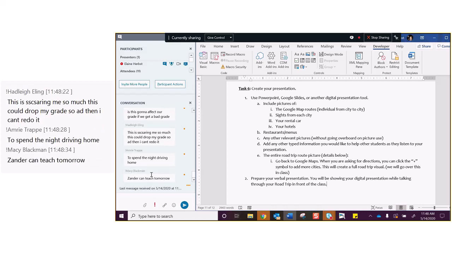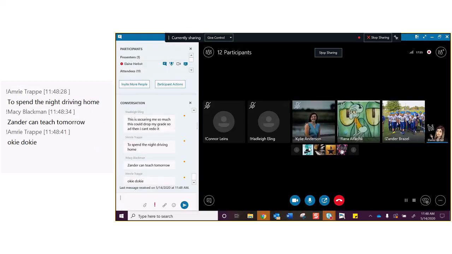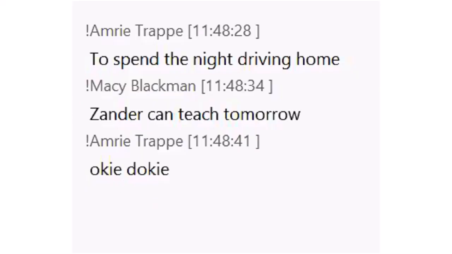Xander can teach tomorrow. Yeah, Xander, have your lesson ready. All right, we're going to go over the quadratic formula tomorrow, guys. No, because we haven't actually done that. Hopefully that's where they start you next year in geometry, with the quadratic formula. Okay, I'm going to stop sharing. I'm going to stop recording.